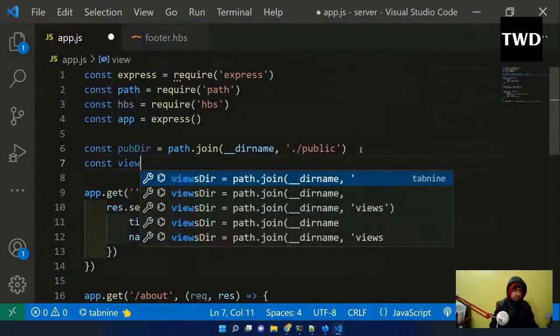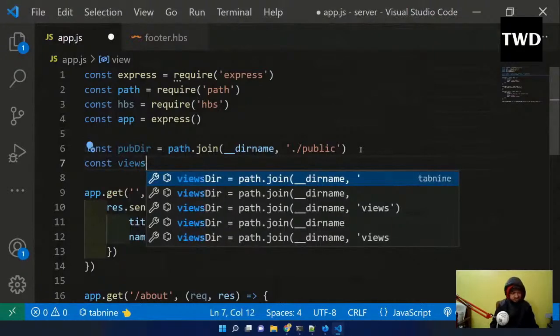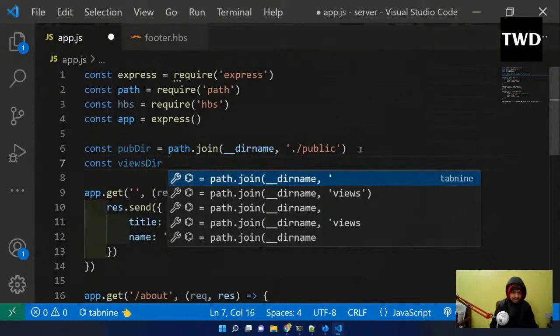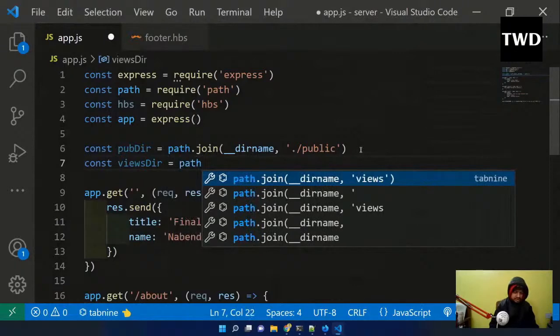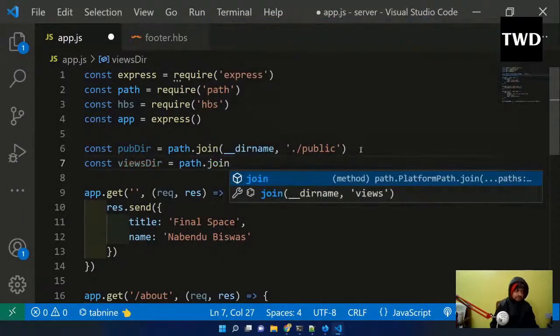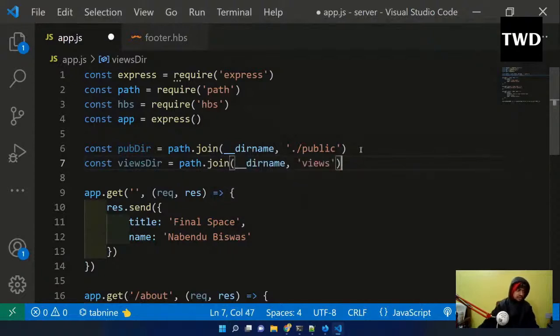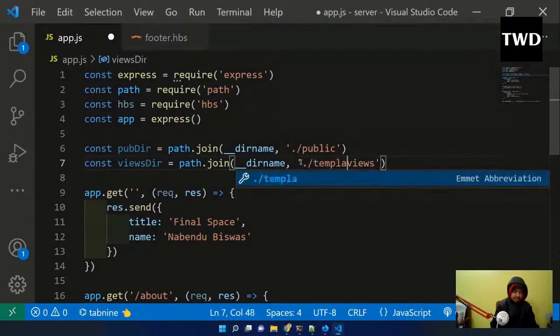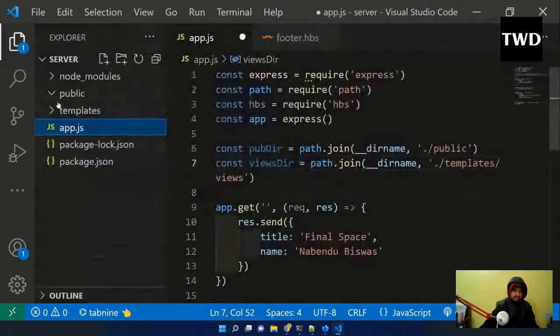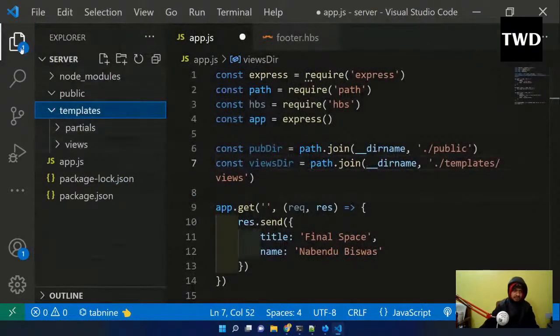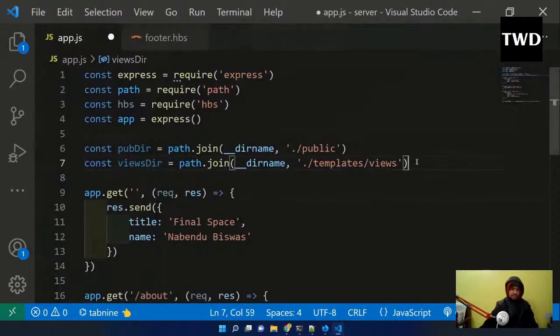const viewsDir, maybe views is the correct word, viewsDir equal to path.join(__dirname, and it is not views, it is './templates', because this is templates and then the views are inside, so I have to give the correct path of that. So viewsDir is done, and then